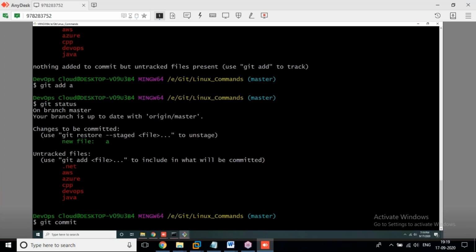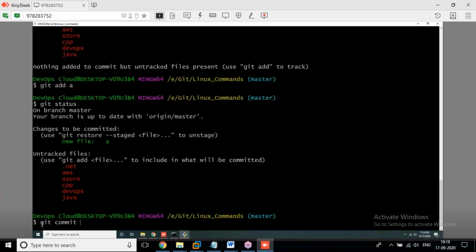Then: how can you commit a file? Here nothing particular is specified, but this time we need to keep in mind the state of the file. Is it modified, deleted, a new file, an untracked file, or a renamed file? We need to understand that. For this time, I am going to commit the file.